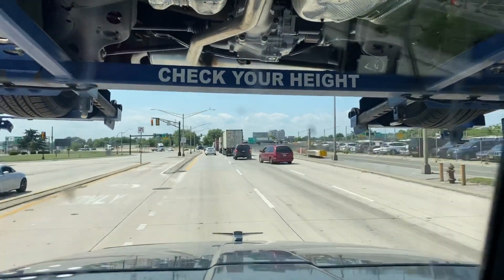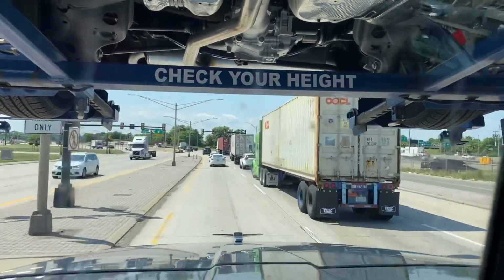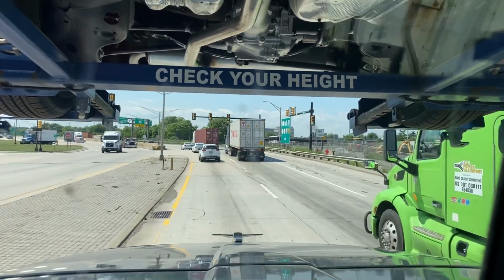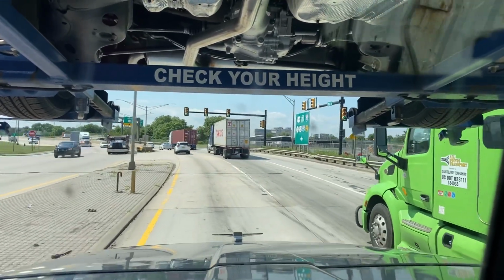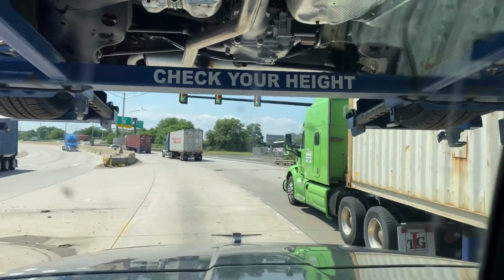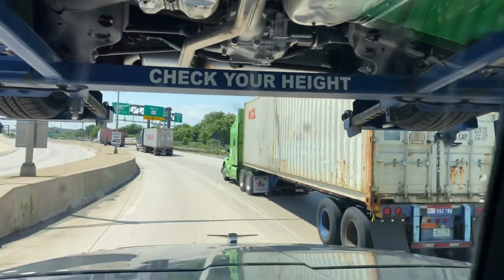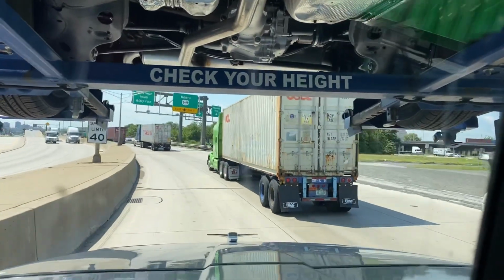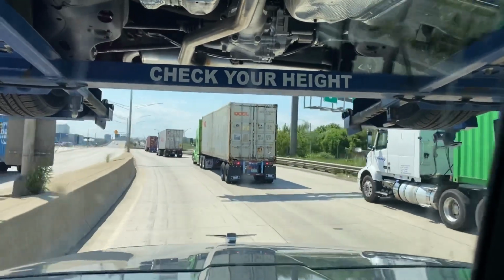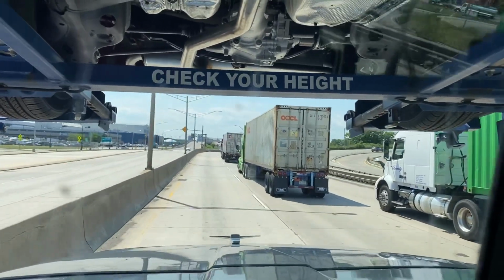which isn't anything on my terminal per se. It's just a new system that they're trying here at United Road, trying to have a central group doing our bookings for our backhauls. And so far, it hasn't been all that bad, I will say. I don't know if it was my terminal manager or the backhaul people that found me that Volvo load,